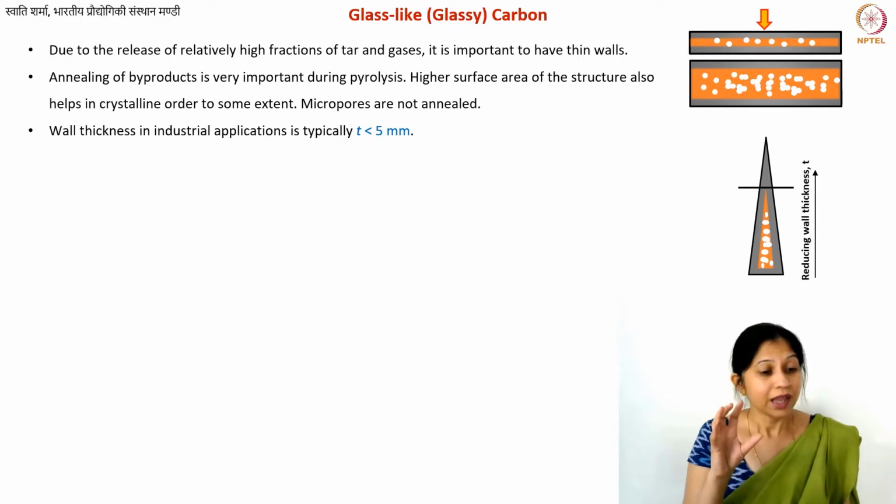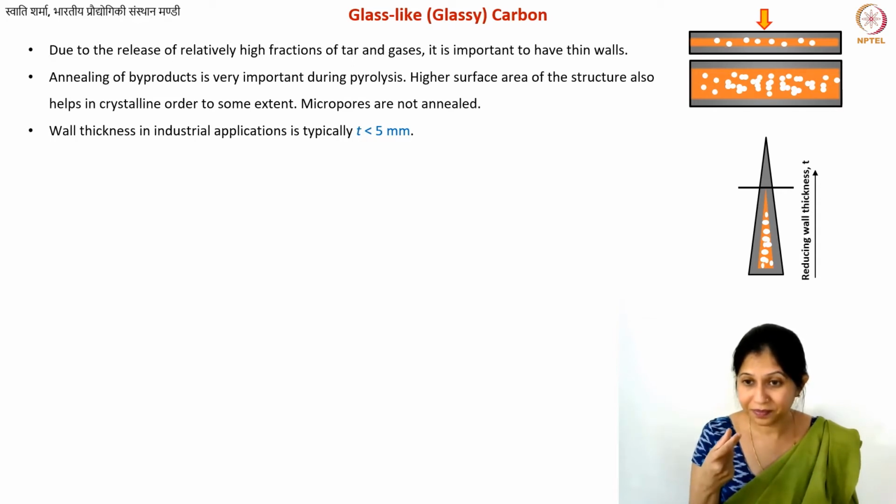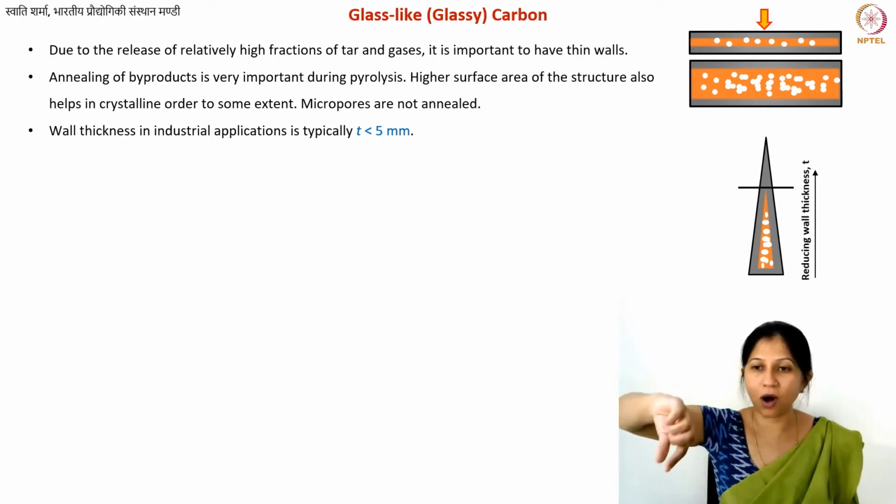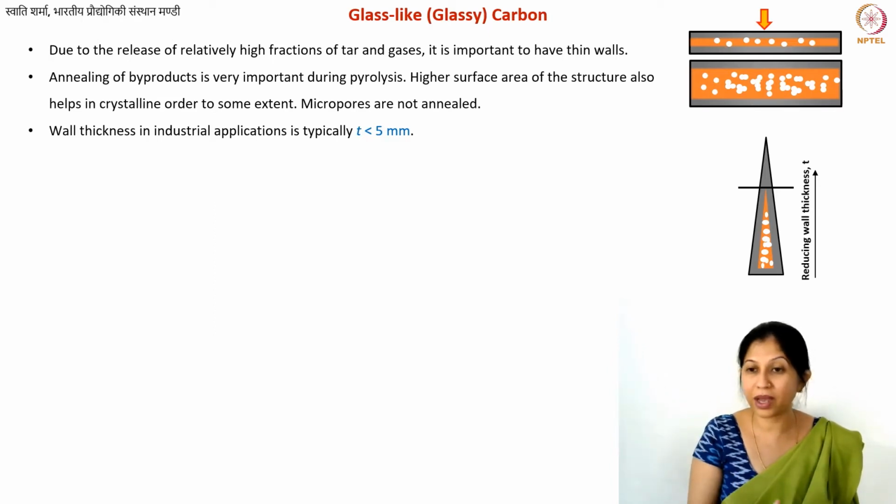Okay. In general, at the industrial scale, anything thicker than 5 millimeters is difficult with glassy carbon. So most of the glassy carbon things we see, even the molds, or even reaction vessel liners, they will have just a wall. They will be hollow structures. Or even if you make a bone implant or a tooth implant, that will most likely be a hollow structure.